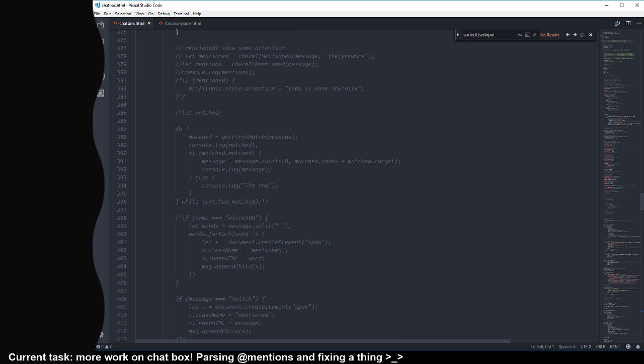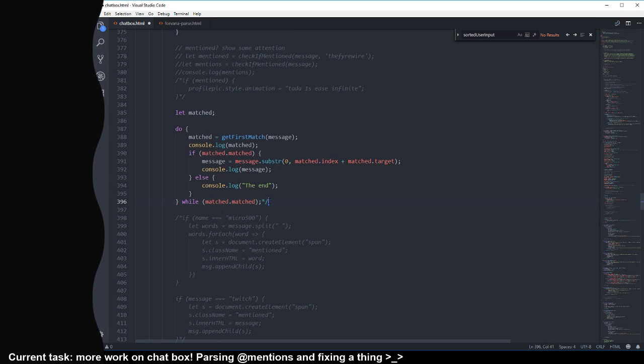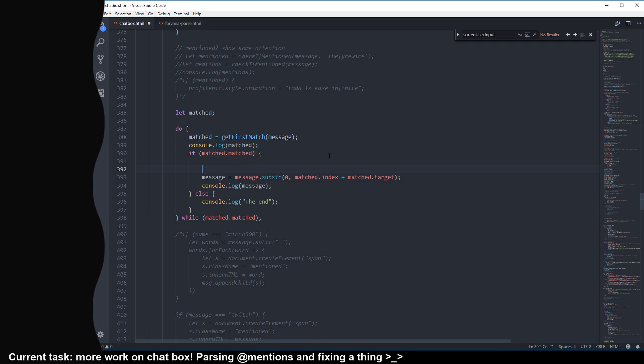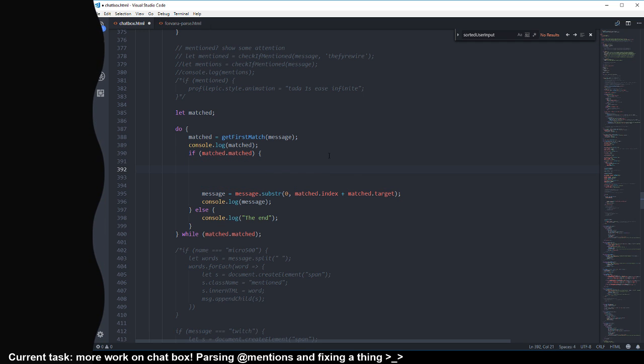Oh, here. So do while matched, get first match of the message. If matched, then delete that, but then also do